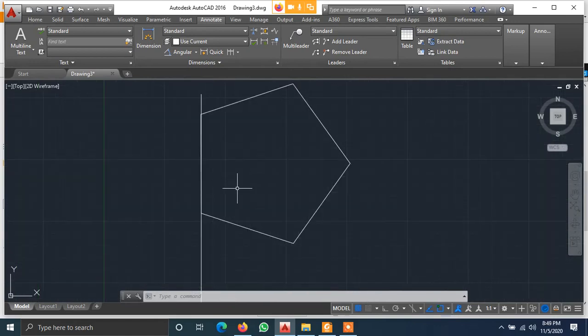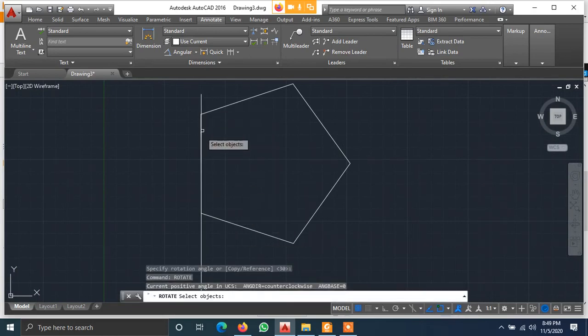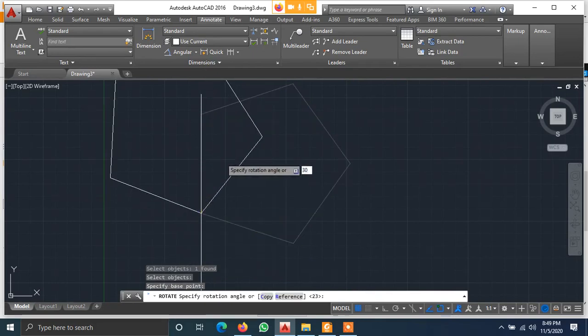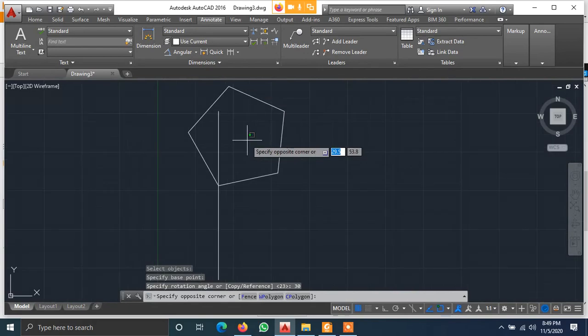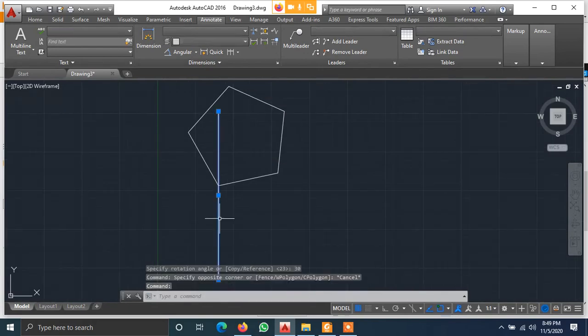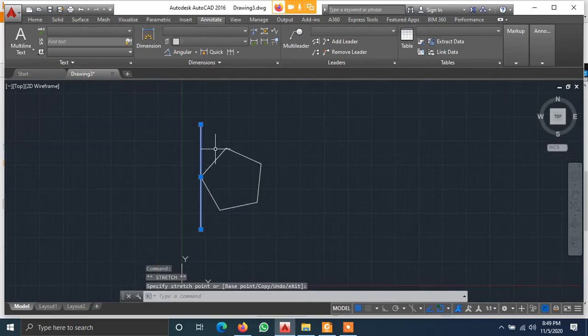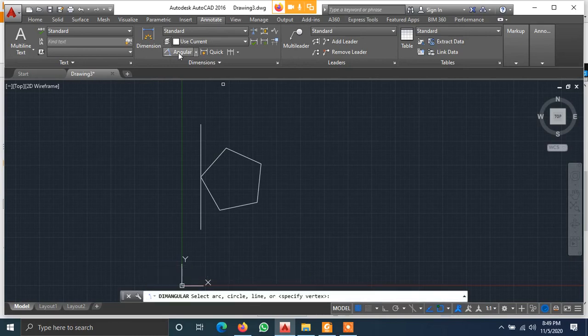Later you can rotate it by 30 degrees. Now if you move this line here and measure the angle, it should be 30. Unless and until you get 30, don't proceed.